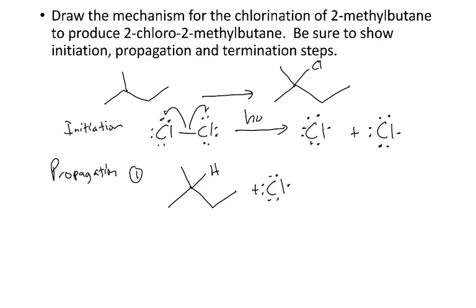So our chlorine radical will come in, and it will combine with one of the electrons from the CH bond to form the new HCl bond, and then the other electron from the CH bond will create the radical on that carbon atom. So we've got our new radical, and then the HCl. And then the second propagation step will be the halogen abstraction, so the new radical that we've created